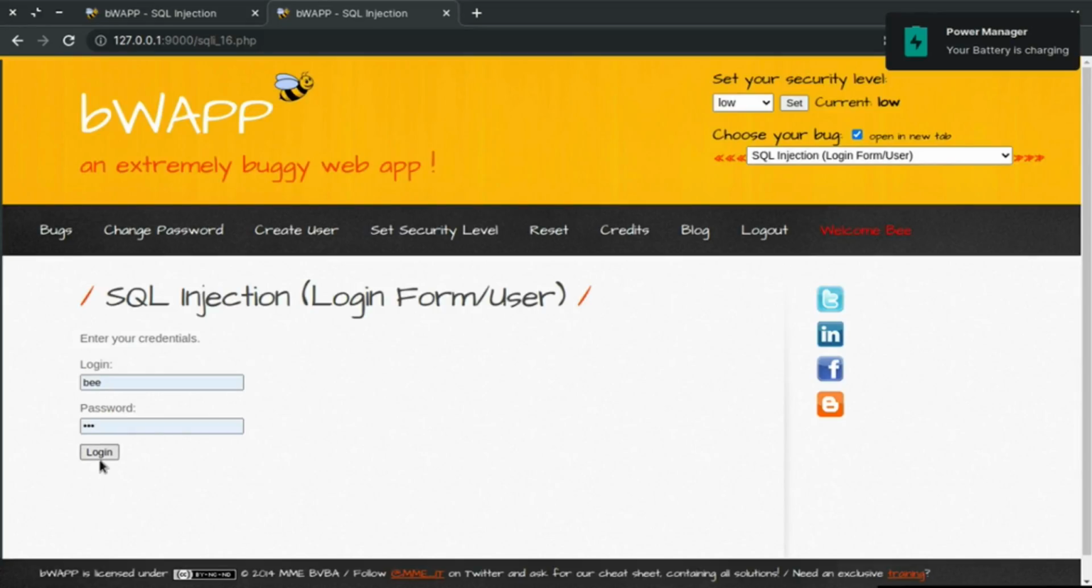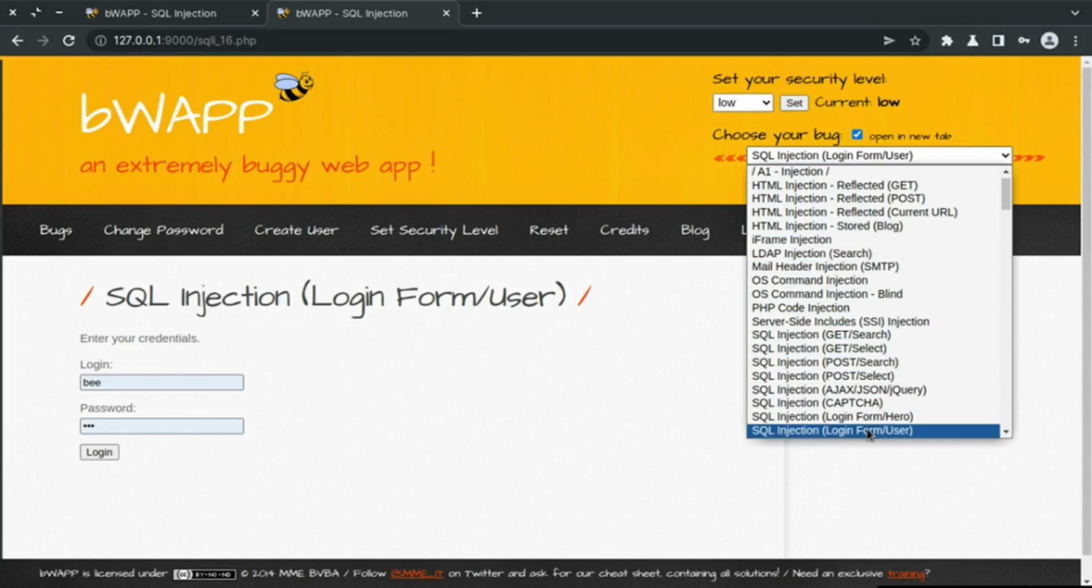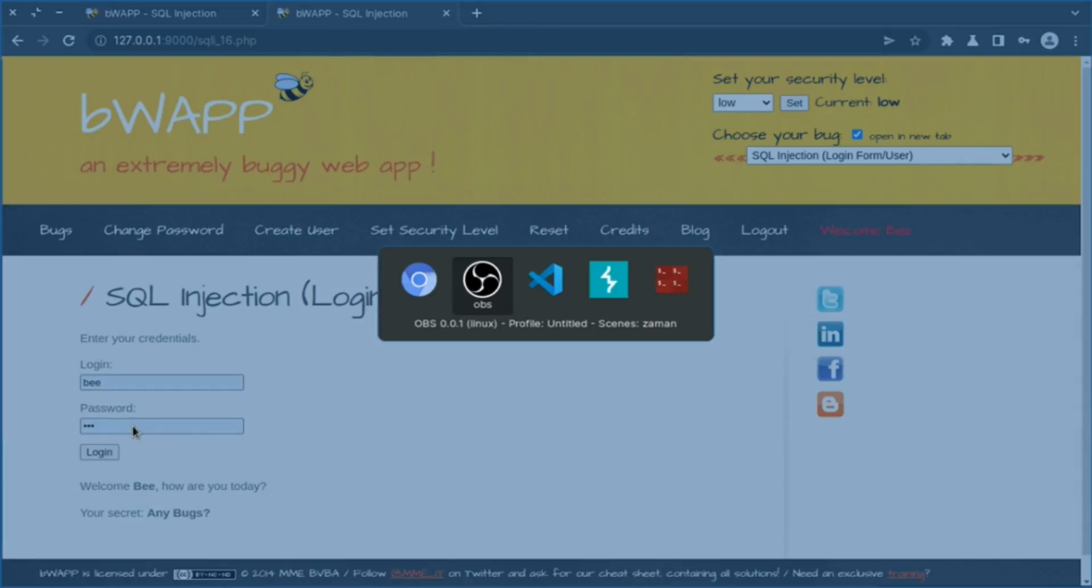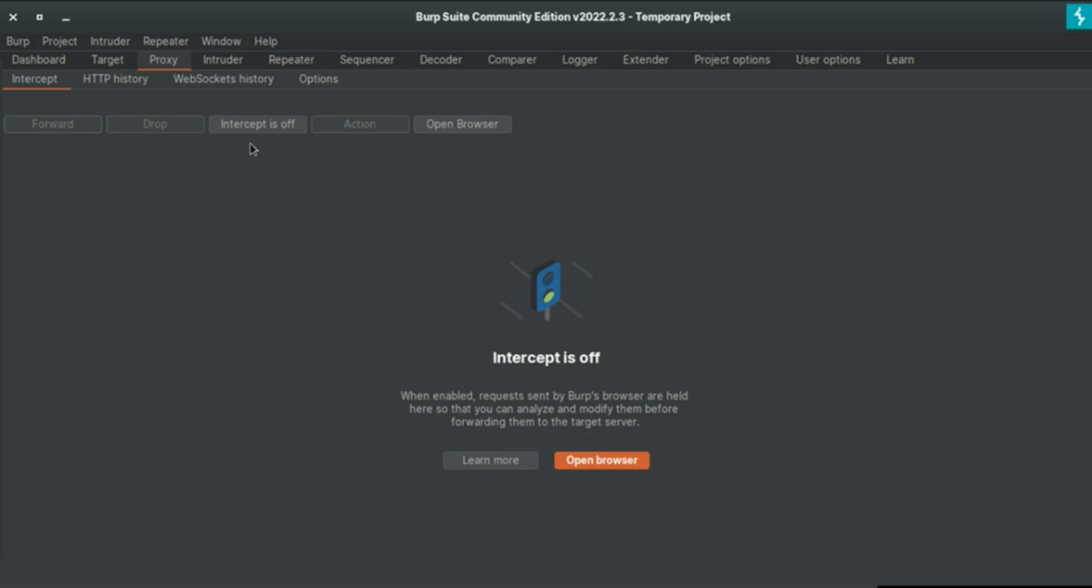Alright, now let's talk about the next bug, which is SQL injection, login form and user. So just go ahead and select it from here, and we have been given a simple form. If I click on login with my credentials, debug, it says welcome B and how are you today, and your secret is any bug. So let's intercept this request and play around with this to see what's going to happen